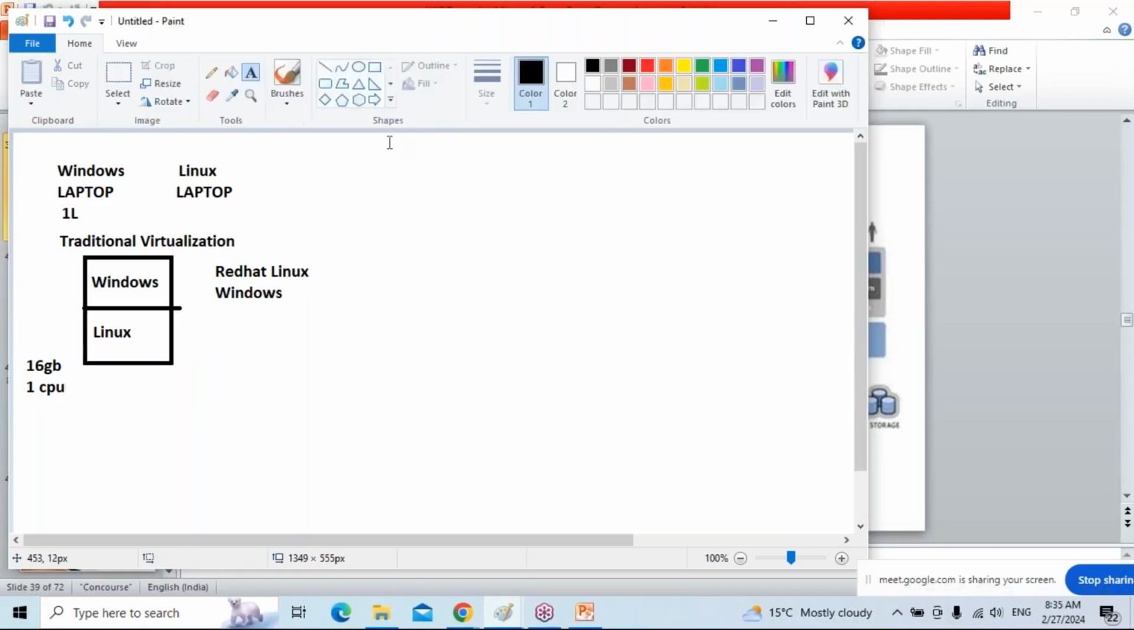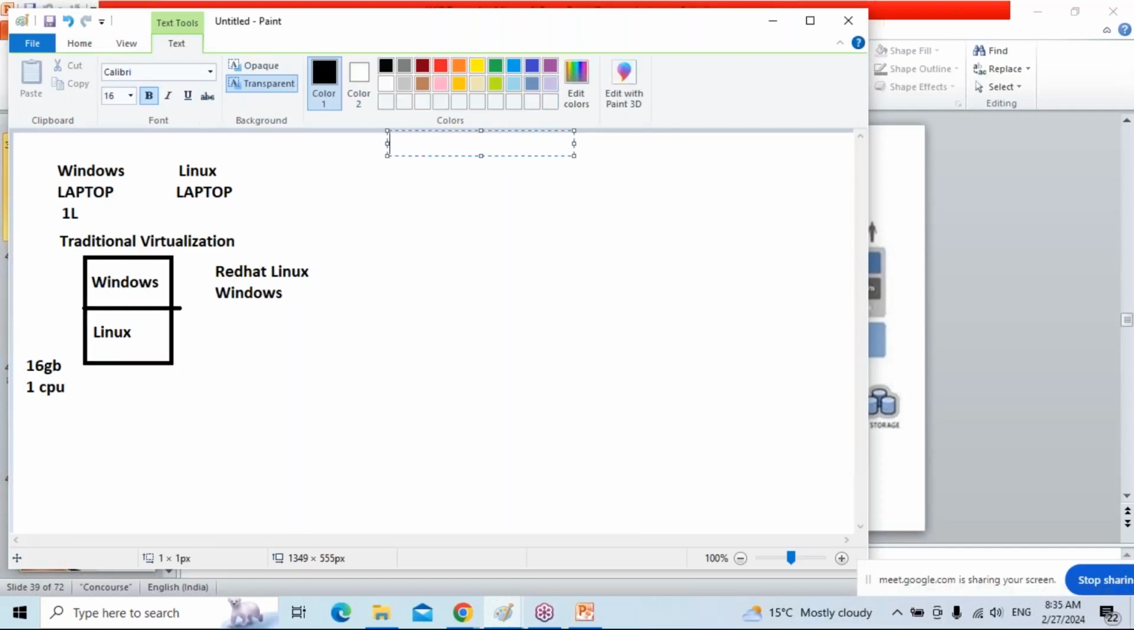That's why in 2009, there was a company called VMware. They developed two software products. One is Workstation. The other one is Server. Workstation and Server. Like in Microsoft,